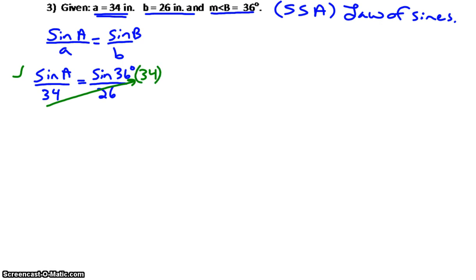Now, as I work that out in my calculator, punching in sine of 36 degrees times 34, and then dividing by 26, as that is done properly, we'll find out that we have sine A equal to a decimal value of